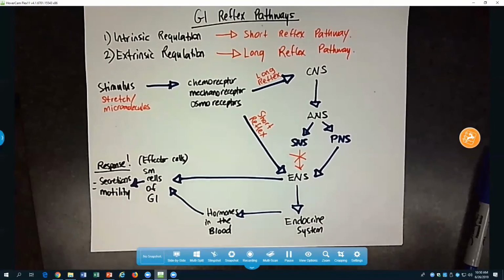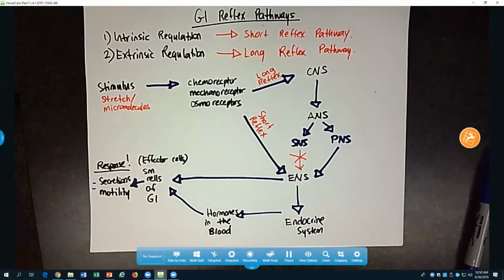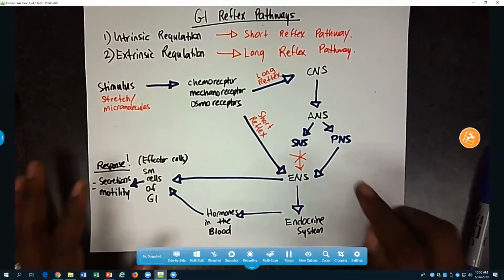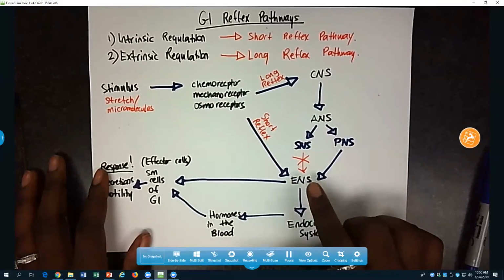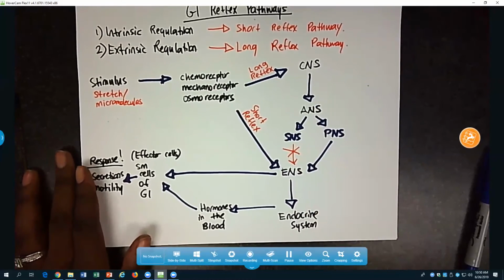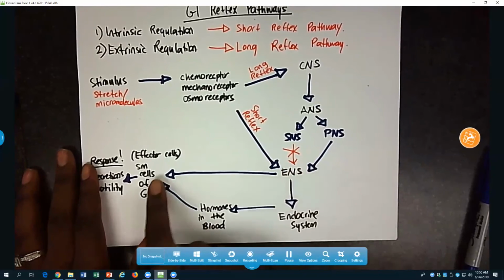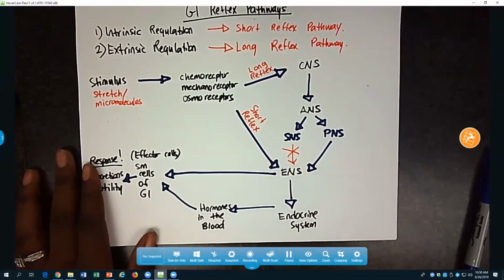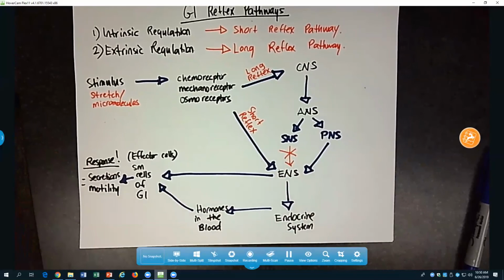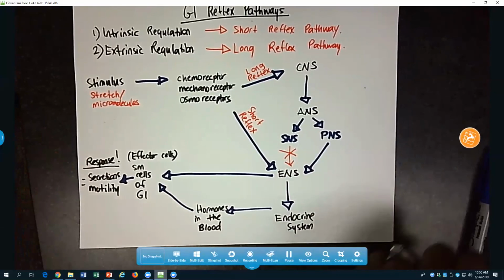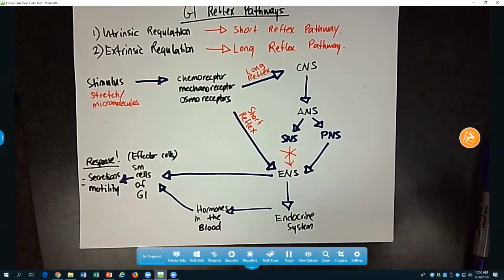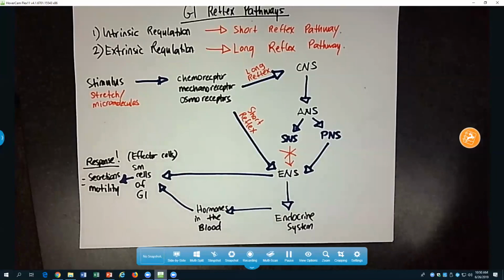The long pathway is we initiate the central nervous system. And again, this cannot be avoided, right? The sight of food, the smell of food initially stimulates the central nervous system, excites or potentiates the parasympathetic division, which then relays to the enteric nervous system. And from the enteric nervous system, we can go directly or we can engage the endocrine system. Okay. Any questions on this? Any questions? So this is how we regulate the motility, the secretions, the overall function of the gastrointestinal